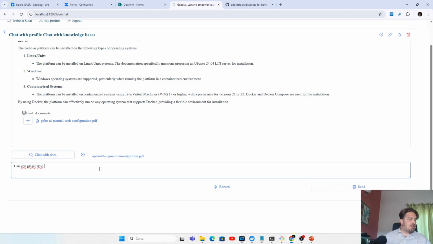So, can you please describe to me the main algorithm and components of the OpenAI O1 scheduler you have in the document?